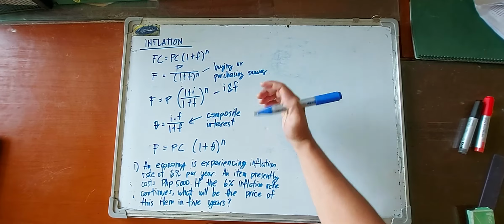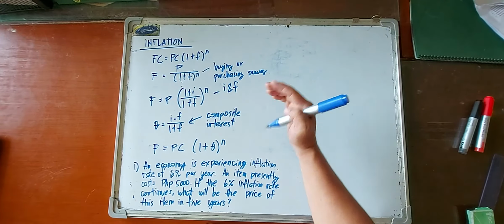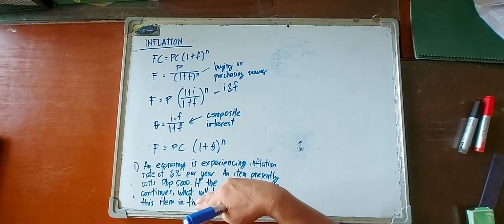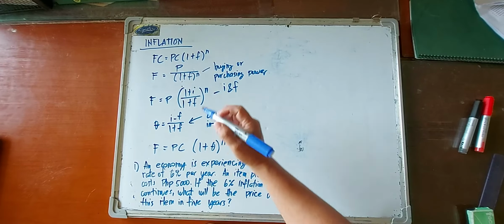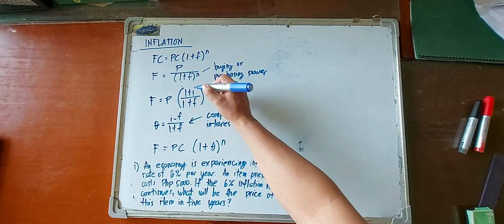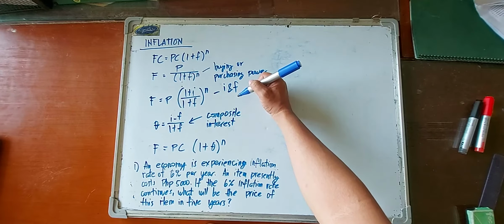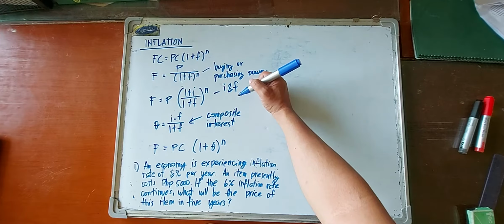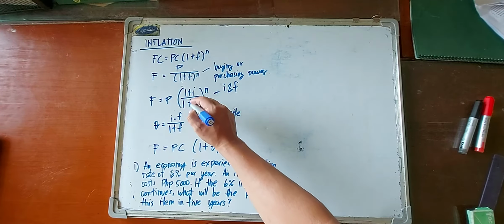So meron tayong interest. Pag nag-invest tayo, may kinikita yung tubo, yan yung interest. Pero every year meron ding inflation. That means yung purchasing power ay bumababa. So dapat pag nag-compute tayo, let's always consider yung interest. Pag nag-compute tayo ng investment natin, we'd always try to look into the interest, yung tubo ng pera